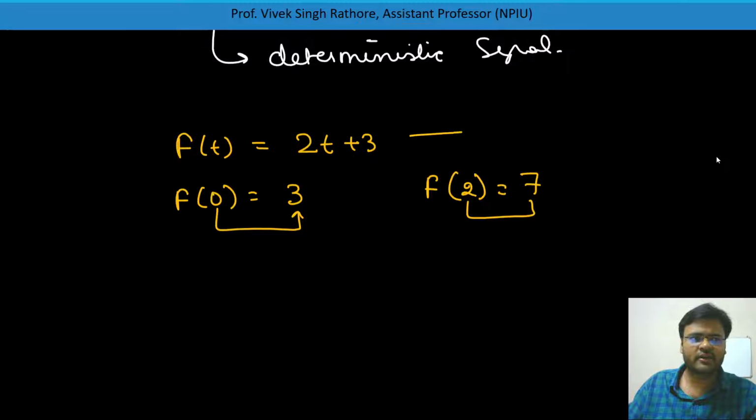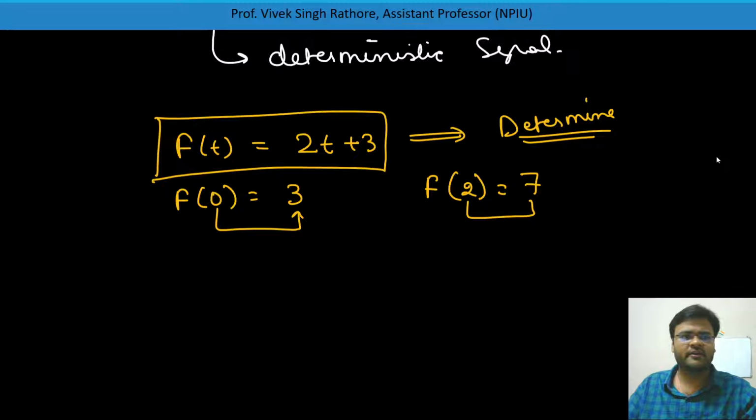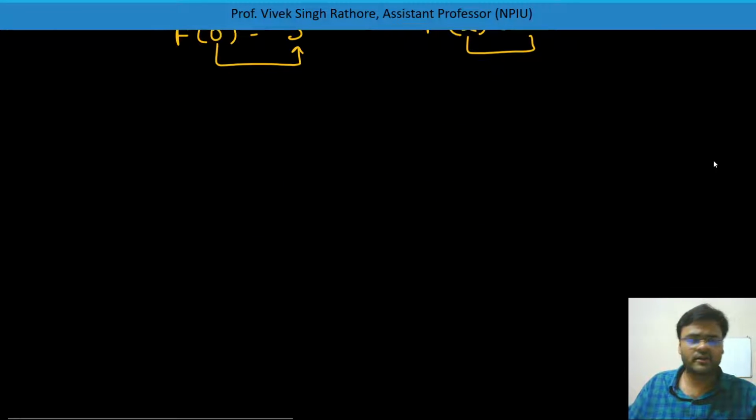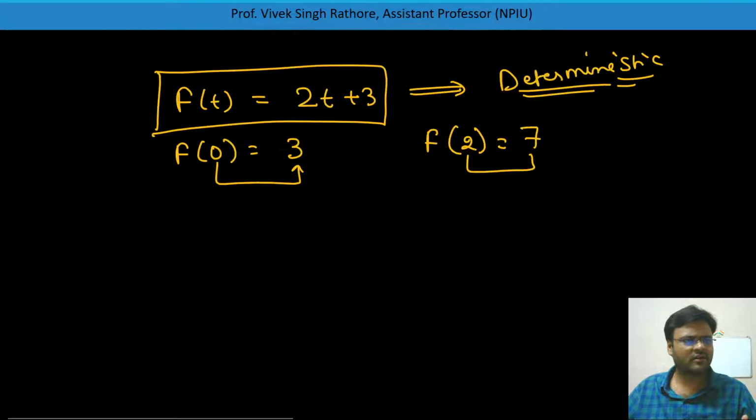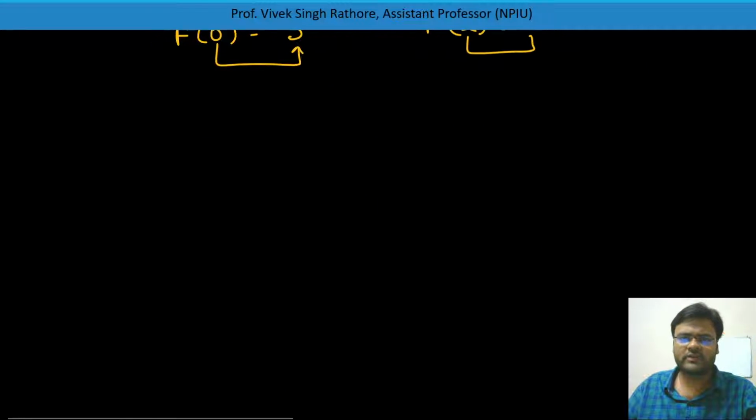So this type of signal will be called as deterministic signal, which is defined by a well defined mathematical expression. And a signal whose future value cannot be realized exactly, staying at present time, that signal is called a random signal. Means such signals do not have a proper mathematical expression, and because of that we cannot predict some values. So these signals are very easy, you can directly understand which are random and which are deterministic